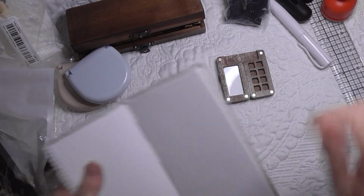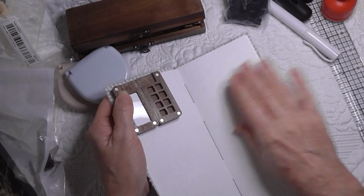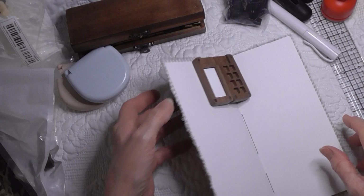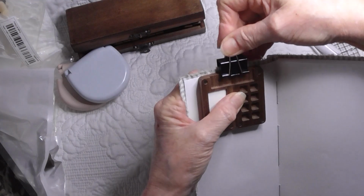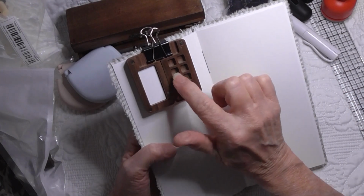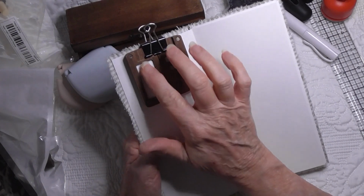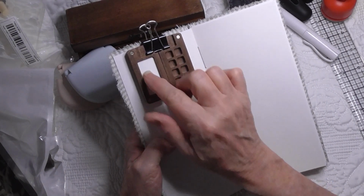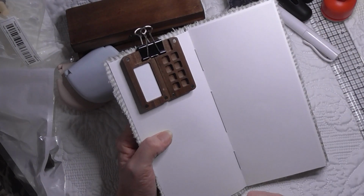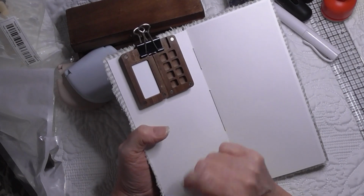You could just, if you were out and about, put that there, paint or whatever on this page. Let me get myself a clip. Clip that. And you fill these little pans with your paint, and that's a little mixing tray there, and you paint away. You would probably have to clean that off, you know, after each colour because it's so tiny,